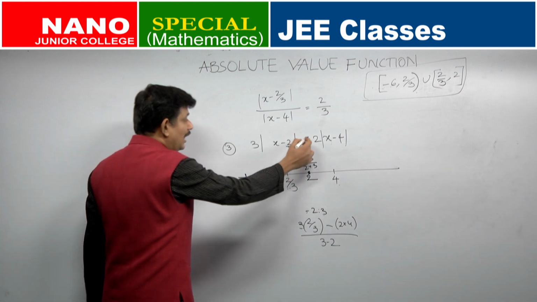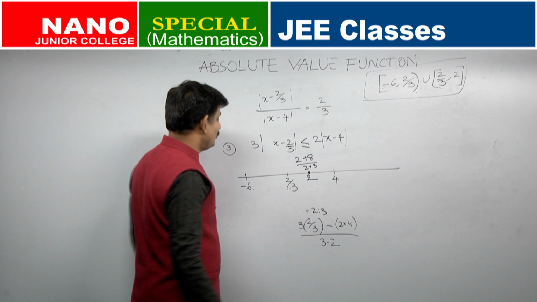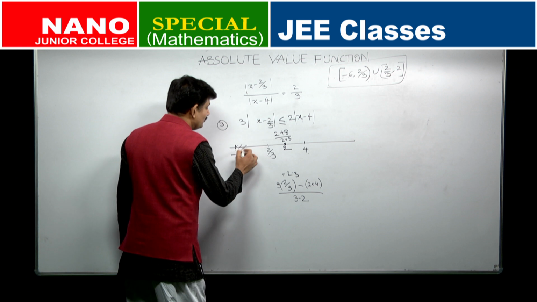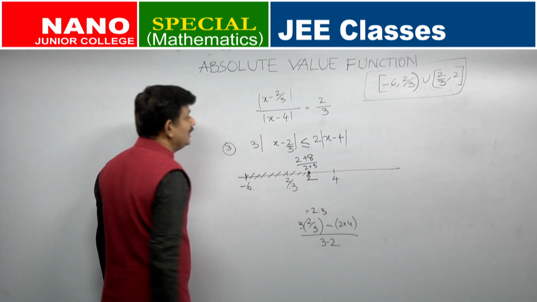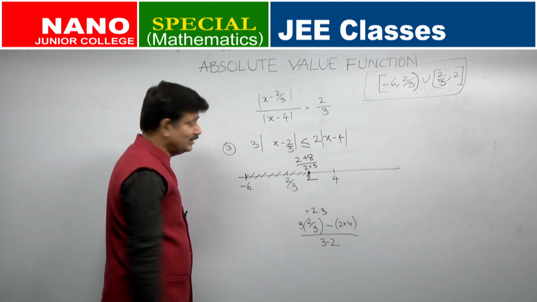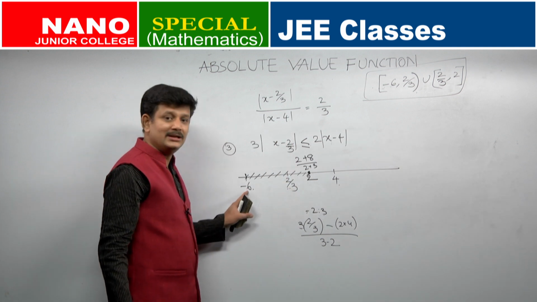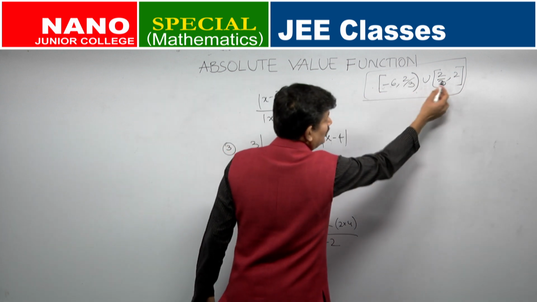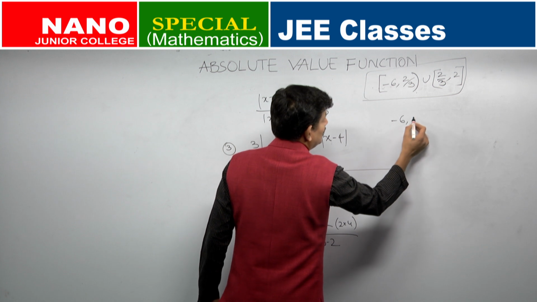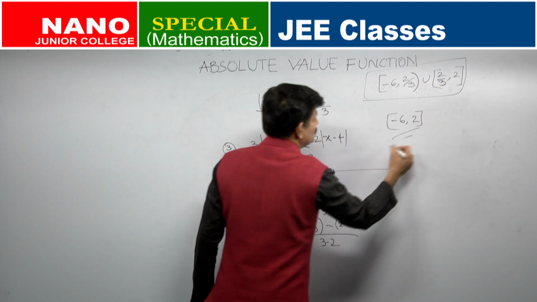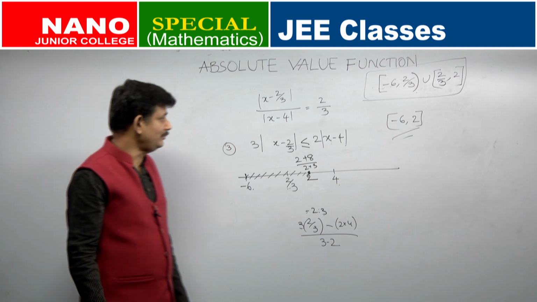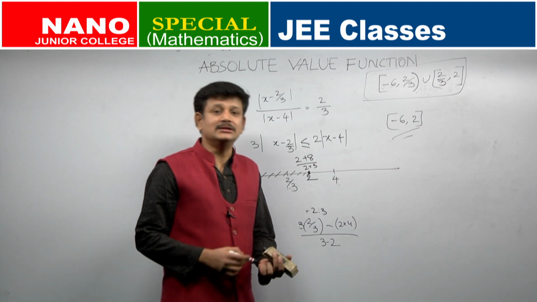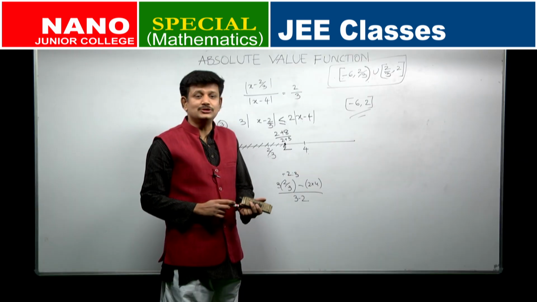But what I want is this to be less than. So, if you carefully understand the cases where the distance will be less than, you will see the set of all these points obey that this distance will be less than this particular distance. So, what will be your answer finally? Minus 6 to 2. So, the answer will be from minus 6 to 2. This is nothing but the set of all numbers from minus 6 to 2. So, this is how you solve questions geometrically and analytically, the questions which involve absolute value functions.